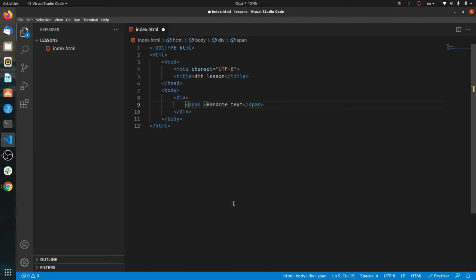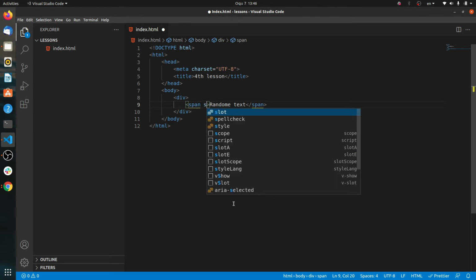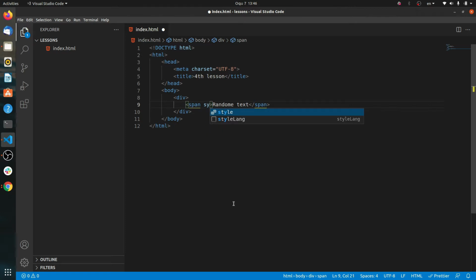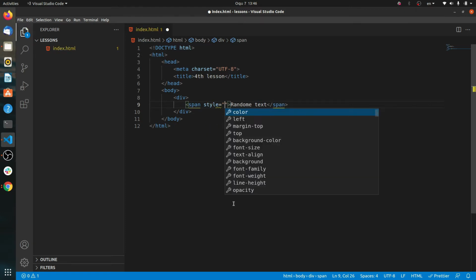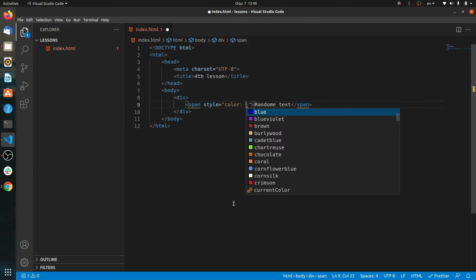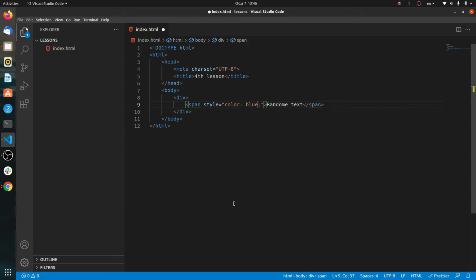So let's add the inline styling. For inline styling we are going to use a style attribute which will get the parameter. For example, if we want to change the color, it will get the color parameter and also the value of the parameter. It will be blue. So for colors, we have three ways to give the color value in CSS. The first one is the color name. The second one is